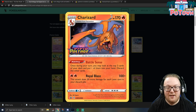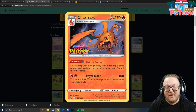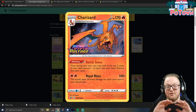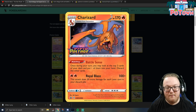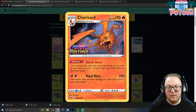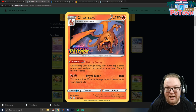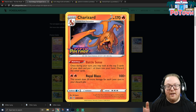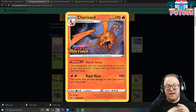Now, the build and battle kits will typically sell from your hobby shops for somewhere between 20 and 30, but just know that the allocation for Vivid Voltage products in general is that the distributors are not getting a lot. So stores are not getting as many build and battle pre-release kits as they ask for. Distributors are not able to give out booster boxes as much as the stores are asking for, so they might have to limit how many you order. They might have to not sell as much. You might not be able to even pre-order any from your local shop, but try to get what you can